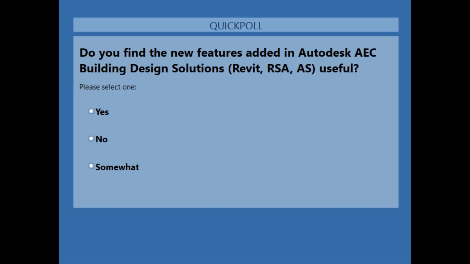So while you answer the poll, see, Dynamo as a platform was initially developed for non-programmers, right? So again, I understand that initially you might have to spend some time to get familiar with the interface and to customize workflows. But the whole objective is that people who are not familiar with scripting, people who are not familiar with coding, should also have the flexibility to create their own plugins, to create their own add-ins. And that is where Dynamo really comes to the fore.